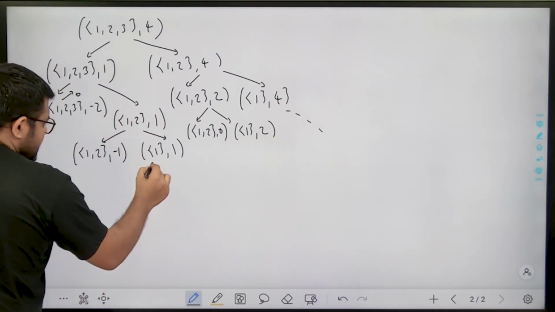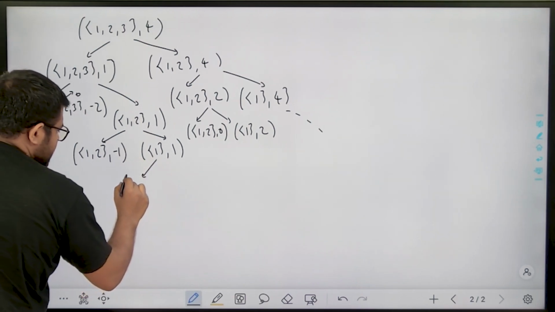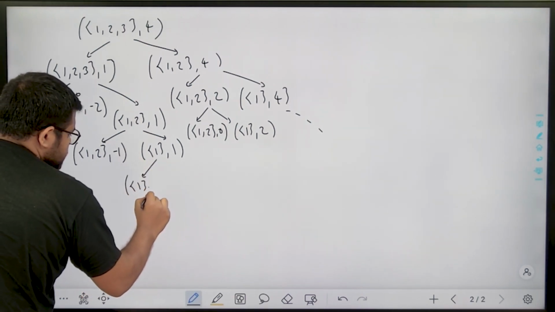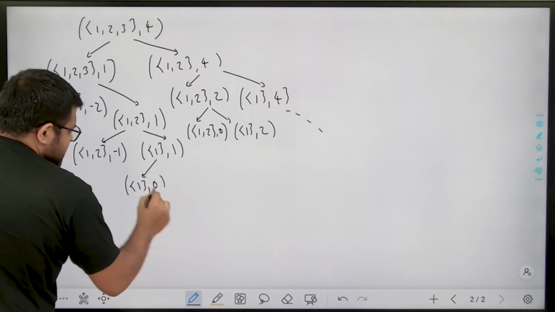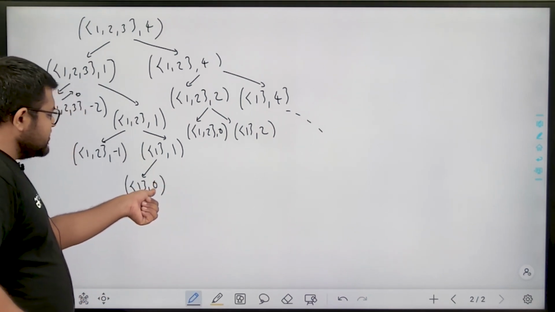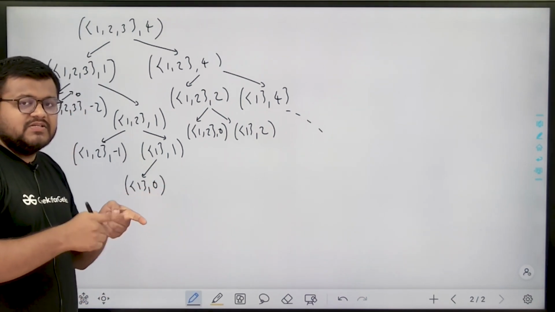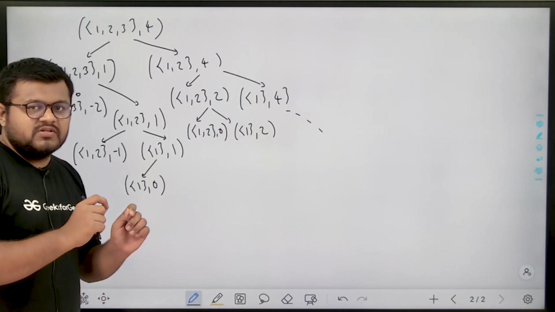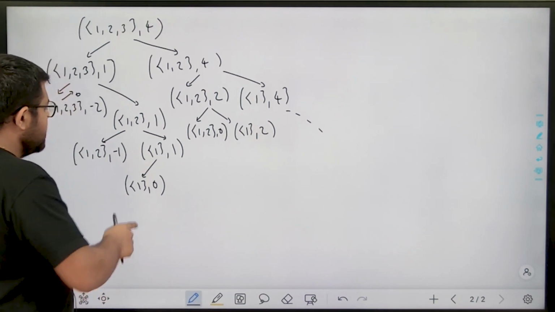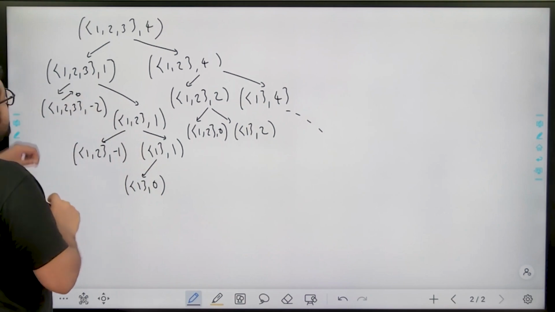Now suppose I take 1 here, then in the next step also I can take it, and now the required sum is 0. Whenever we reach required sum equal to 0, it means we have taken the coins such that their sum was equal to sum. Go back to this path. See, first